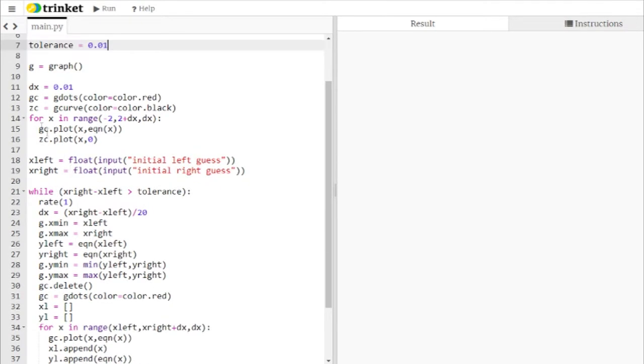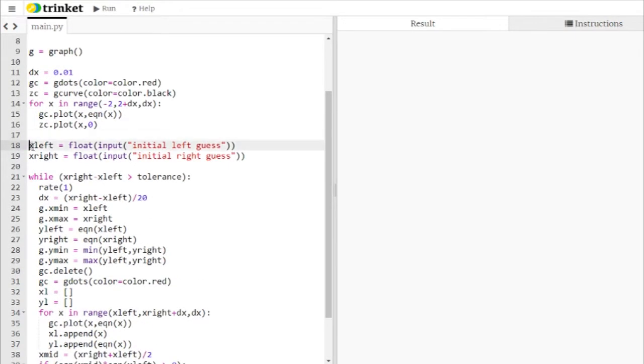Down here is where we're going to create our graph, and there's going to be a little bit of animation on the graph to help us visualize this root finding process, which I'll show you in just a second. Then we're going to ask you for two things. The computer is going to ask you for an initial left guess and an initial right guess. And that's going to be based on the graph that it creates, because like we talked about earlier, you always want to make sure that you are graphing before you go root finding